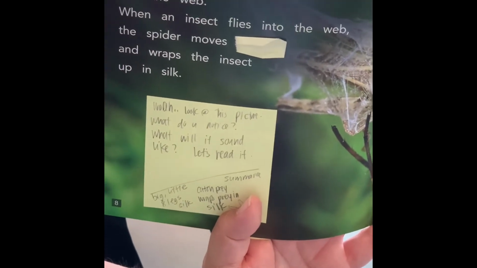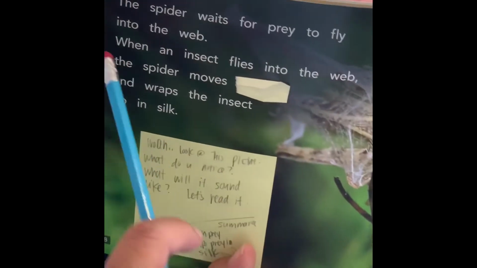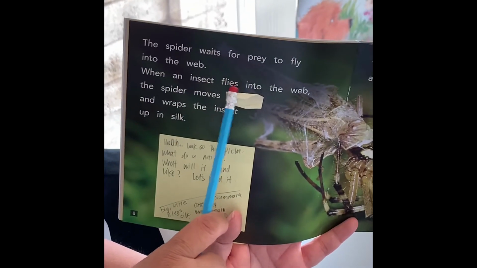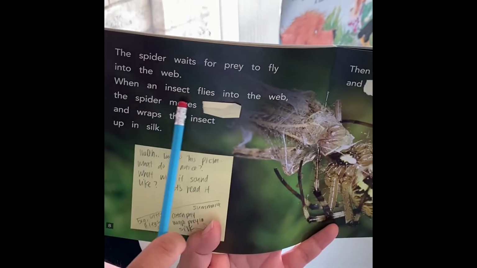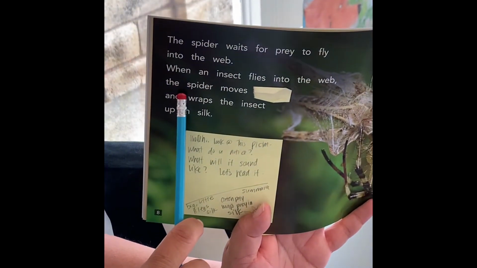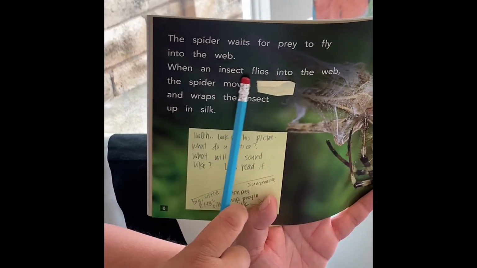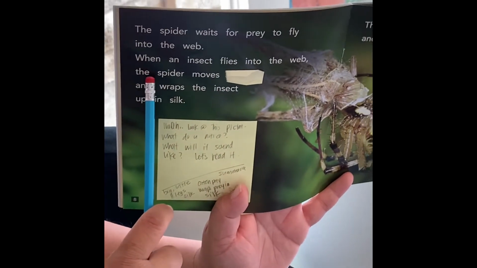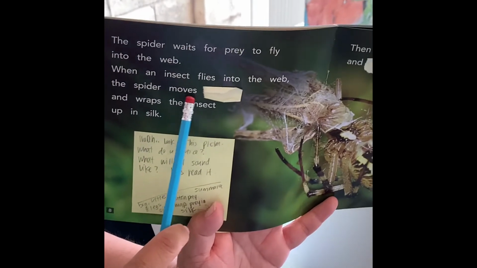But that's a mistake you guys make a lot when you're reading. You think you know the word and you just fly right through it. You say, when an insect fly into the web. So pay attention to the ending. You have to read all the way through. When an insect flies into the web, read it with me. When an insect flies into the web, the spider moves